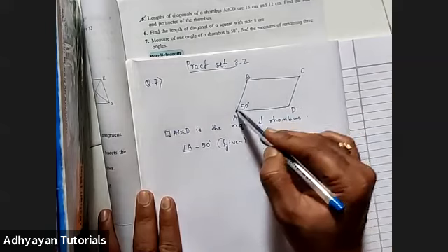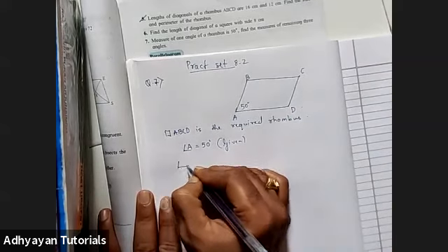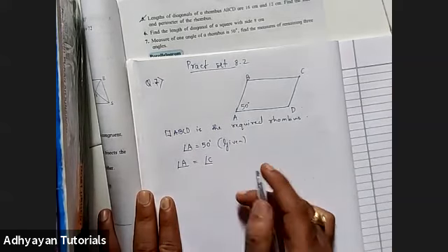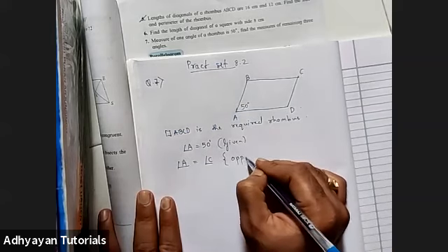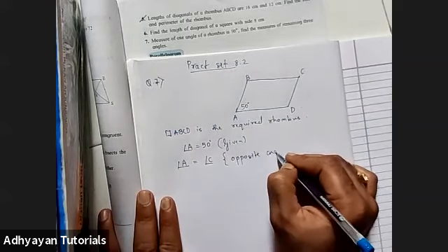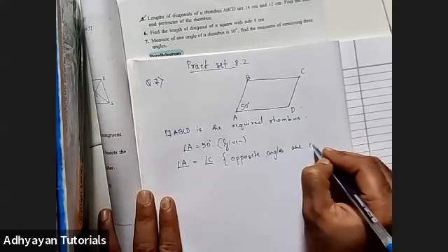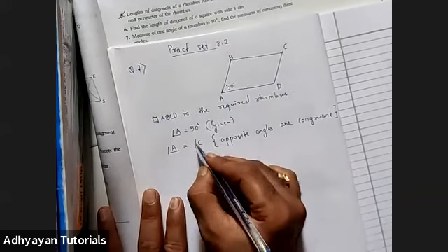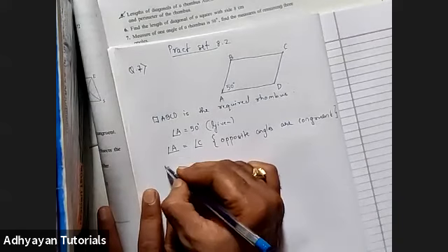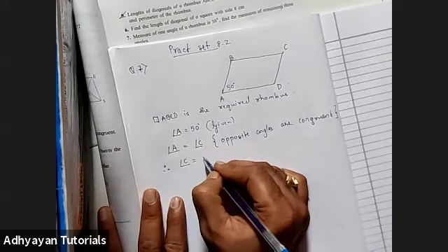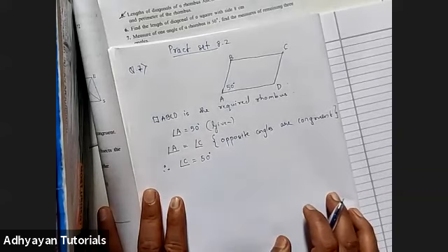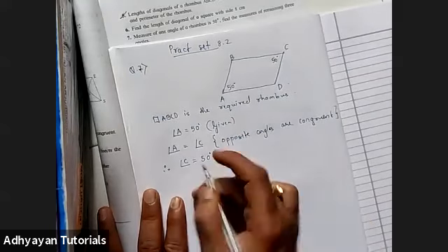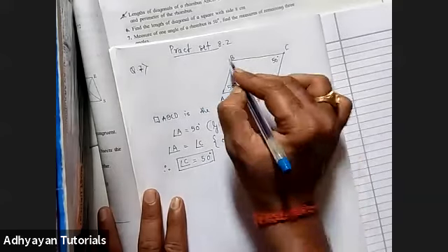in a rhombus, the opposite angles are congruent. So I state that angle A would be congruent, or equal, to angle C. The reason for that is opposite angles of a rhombus are congruent. I hope that is clear. Now children, angle A's value is 50, which we know. Therefore, can I state that angle C will also be 50 degrees? So we have got angle C as 50 degrees. We've got angle A as 50 degrees. Now we also need to find angle B and angle D.